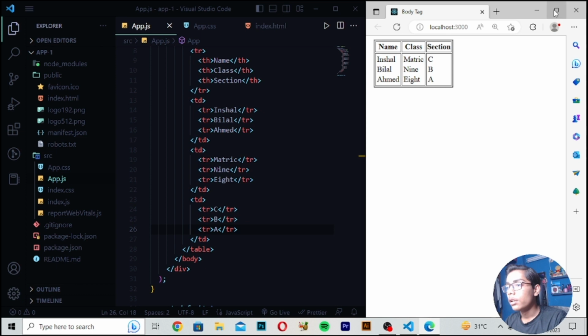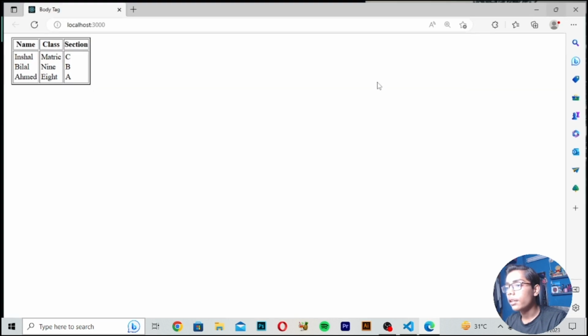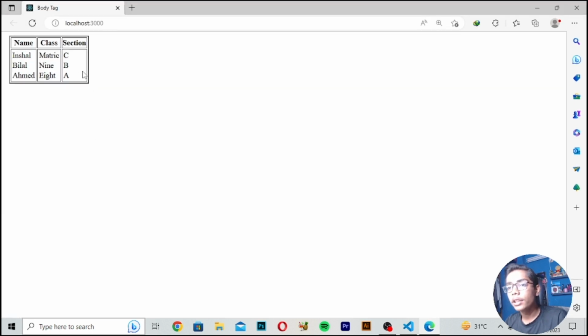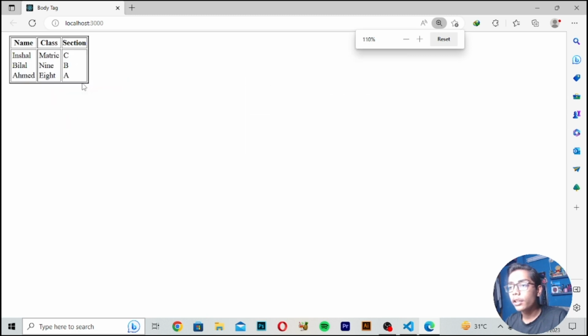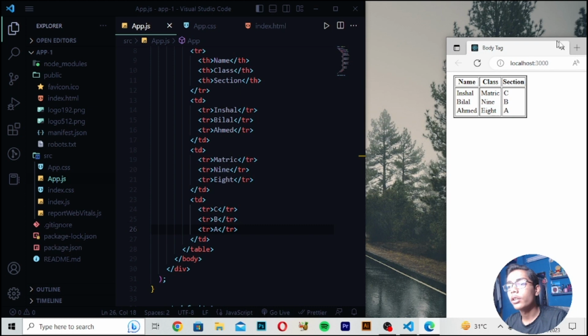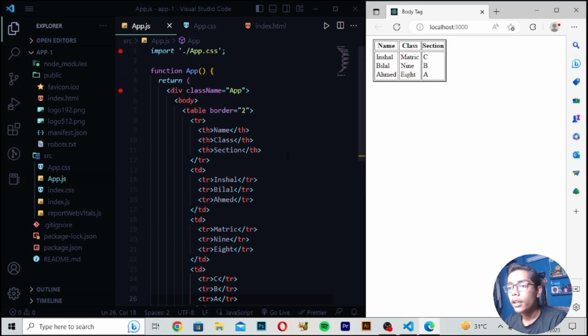If I show you, you can see this table is now working, and we have created this table using this body tag. So you can see how you can use this body tag. You can use this body tag to create tables, buttons and many objects. But I am telling you basically how you can use this body tag to create a table. So I hope you understand this video, and you have understood how we can create a table using this